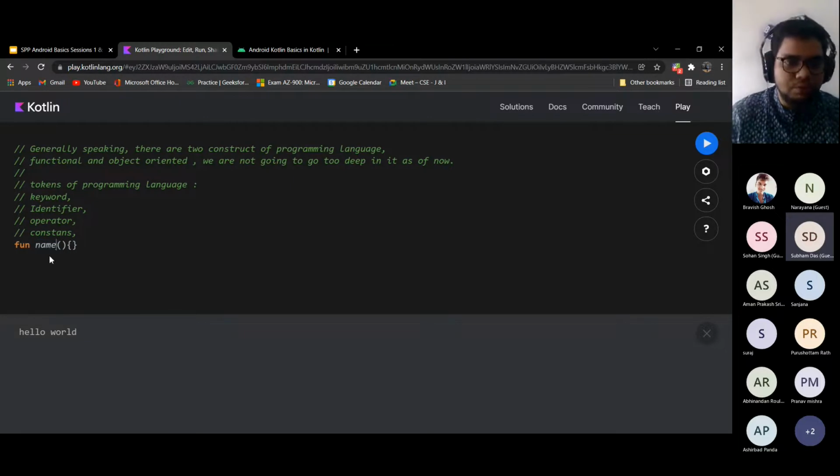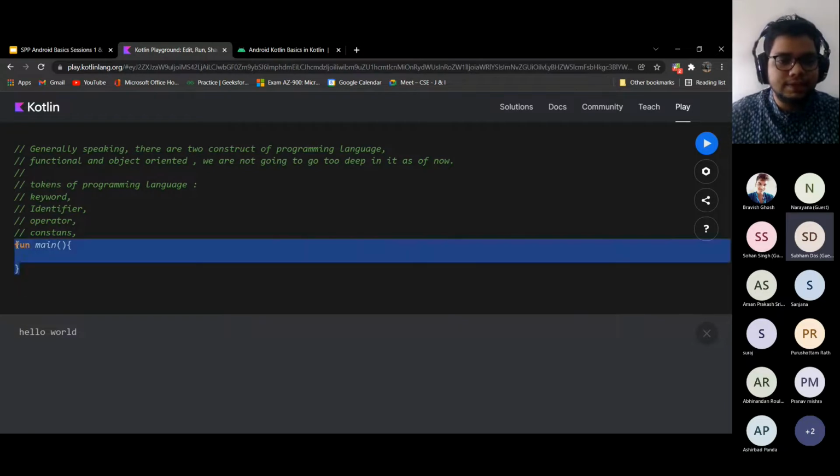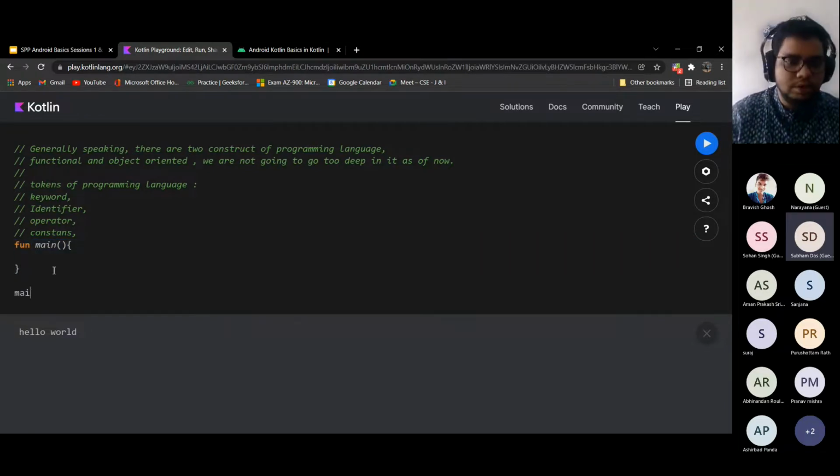This is where you give the name, the so-called identifier, so that the program can identify it and you can identify it. Here we are giving the name main to this function. You can put the code inside this function. Once this particular code is called, we call a function by writing like this, then everything inside this will be executed.